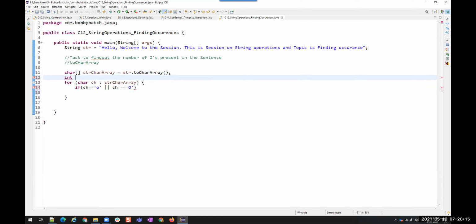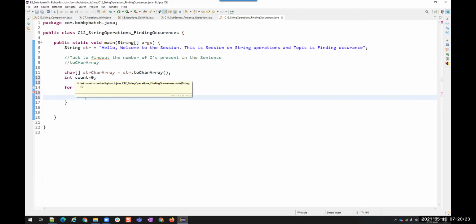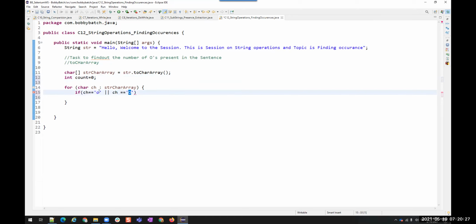int count equals to 0. I created a variable count equals to 0. Whenever the character uppercase O or lowercase o is found, I'm going to increase the count. So what should I do? I have to do count plus plus. That's all.